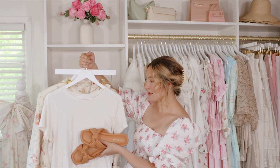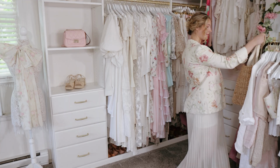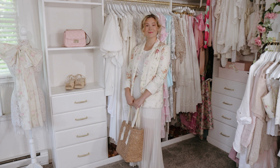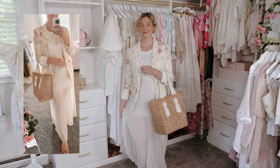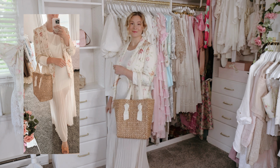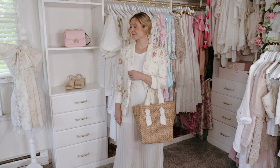I just think it has really good color coordination with this outfit. And then I once again decided that the raffia bag was the way to go, just to make it still more that everyday style. I don't want to dress it up too much, but I definitely am getting more of a work vibe from this outfit. And then the last piece that I wanted to take the time to style with you today